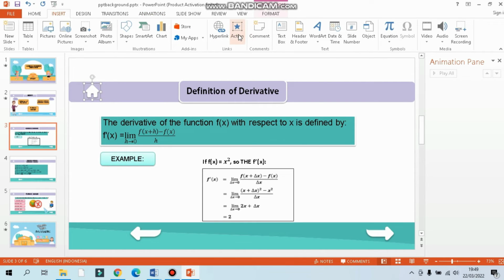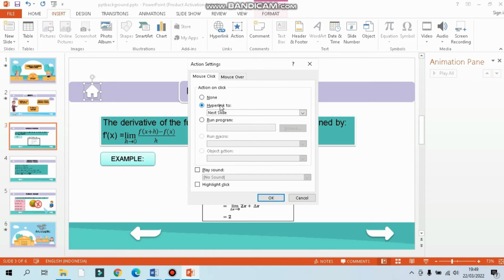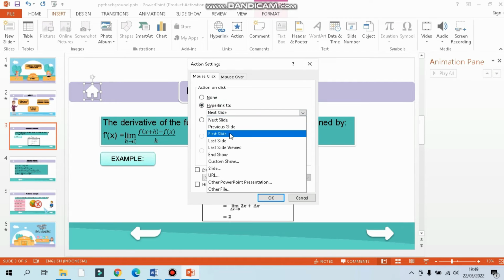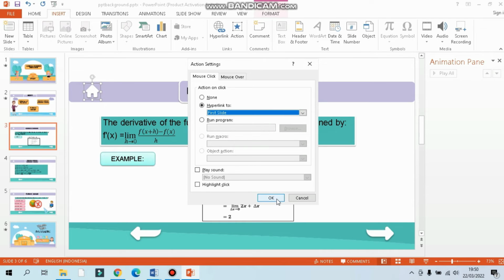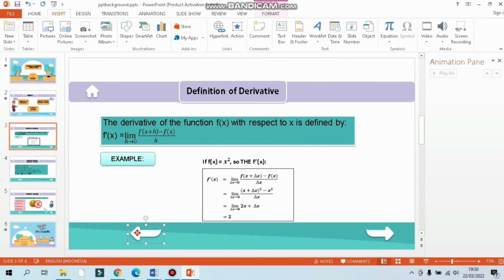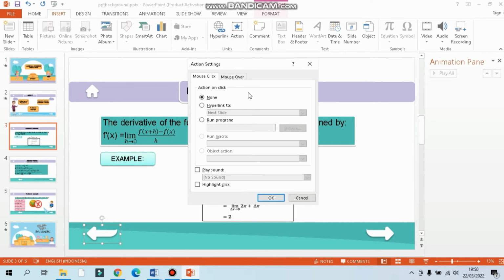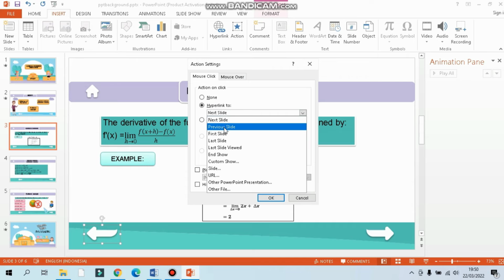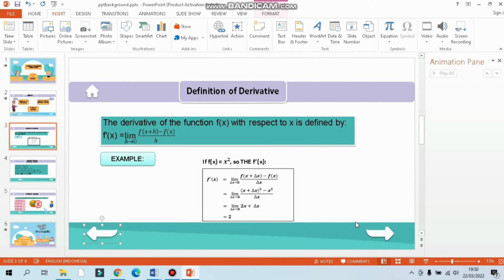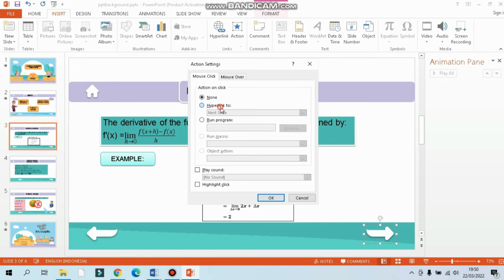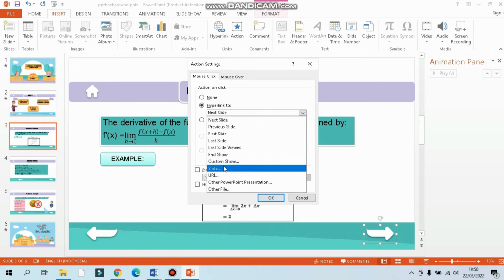Click insert and action. Same as previous, we can click hyperlink to the first slide for home. Click it to previous slide. Click it to hyperlink it to the next slide.